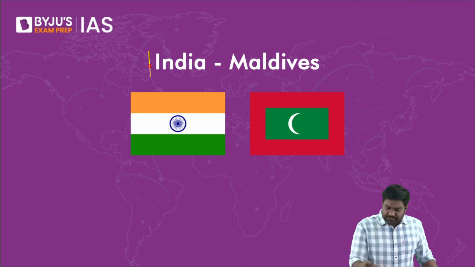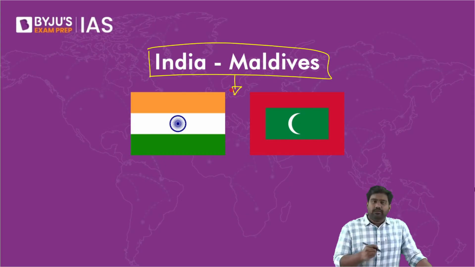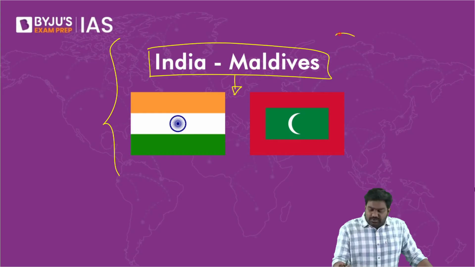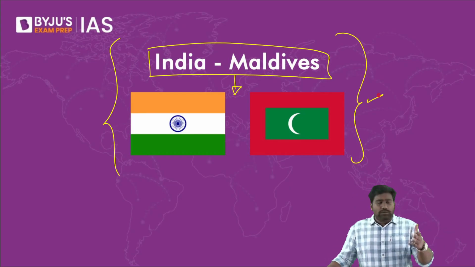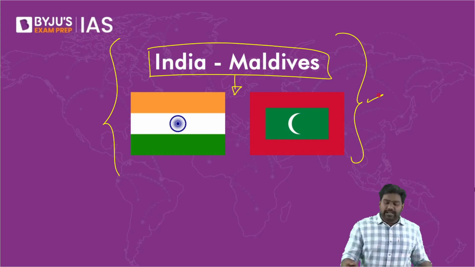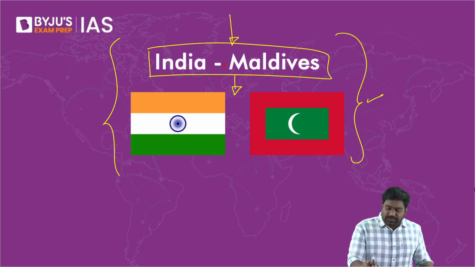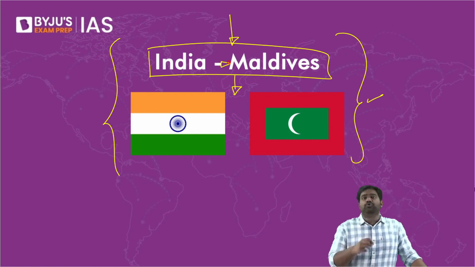So based on this, let's pick up these small countries one by one and quickly understand our ties with each of them. Because the Indian Ocean region today is so important, right? It's an integral part of the Indo-Pacific, which is the focal point of global geopolitics and the global economy. And there's a lot of competition going on across the Indo-Pacific between India, China, US, and many other powers. As a result, the Indian Ocean is very crucial for us, and especially the small island nations which are strategically located. They become extremely crucial for us.